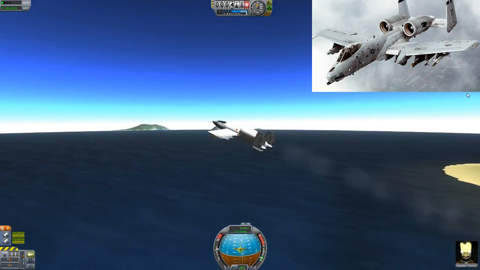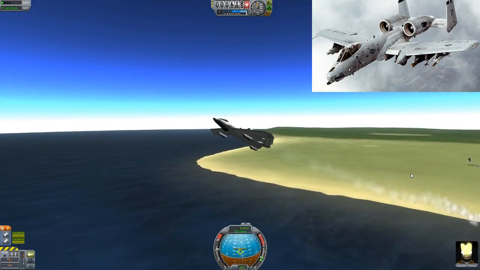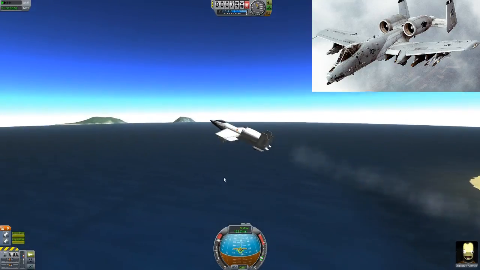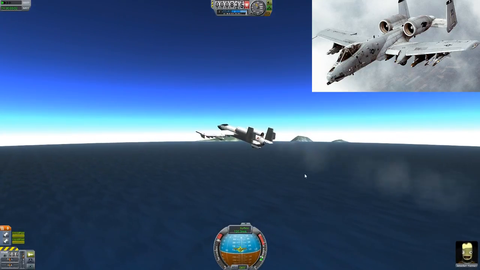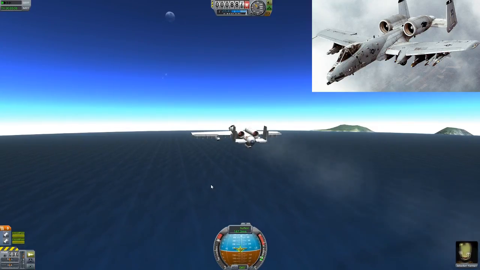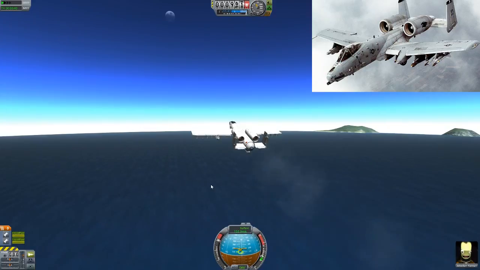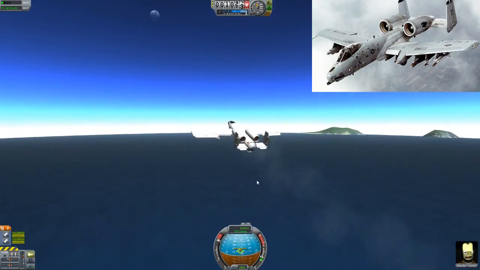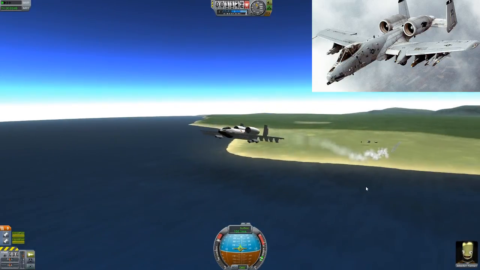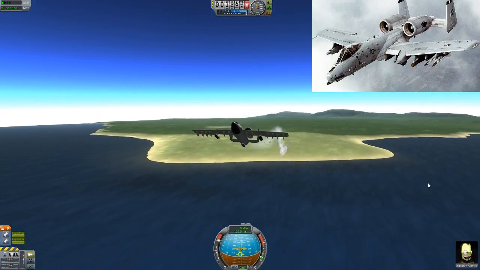And it's not going to be very stable because the center of lift is pretty far back compared to the center of mass. So we speed up a little. When the new advanced SAS comes out, it's going to be really good in 0.21. I have a lot more control when the SAS is enabled, so we're going to be able to actually move our craft to a new heading, even with the SAS enabled, as I actually try to...